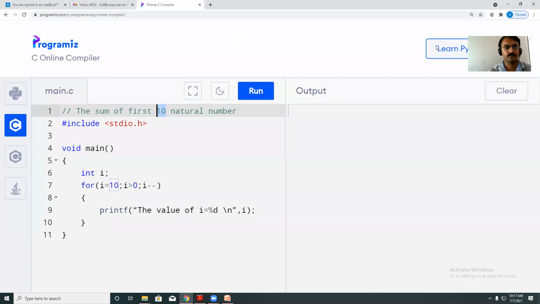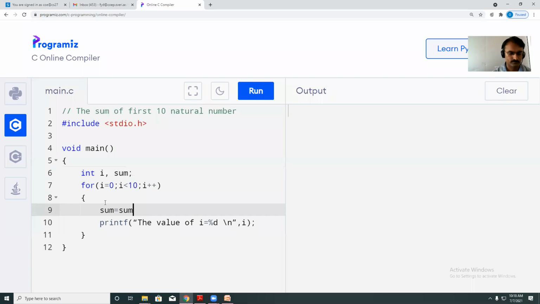Manually you can do the addition of first 10 numbers. So who will tell me the addition of first 10 numbers? So what is the sum of first 10 numbers?